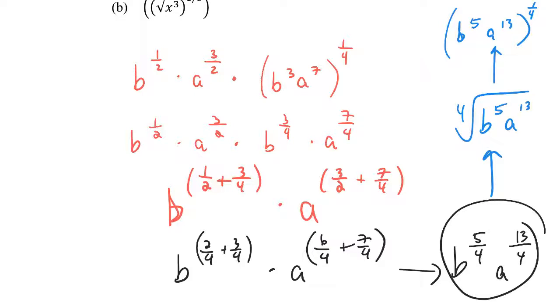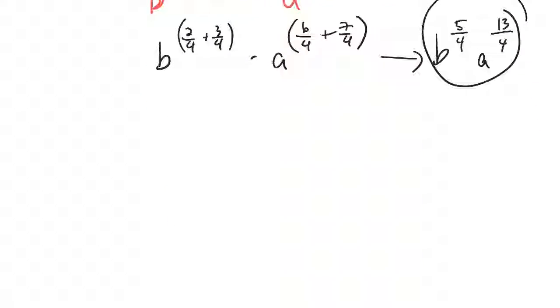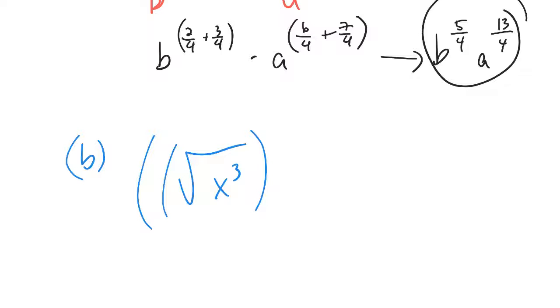Let's go to part B now. I'm going to write it down a little bit lower. Part B says the square root of x cubed, that to the 1/3, that to the -3/4. It looks confusing because you have a radical and you have exponents. So what makes sense to do here? What does it make sense to do right off the bat here? I don't want to deal with radicals and exponents, so